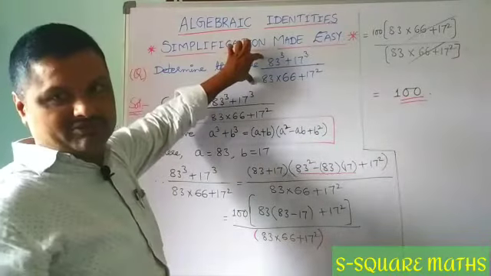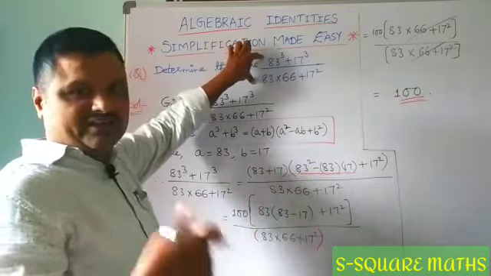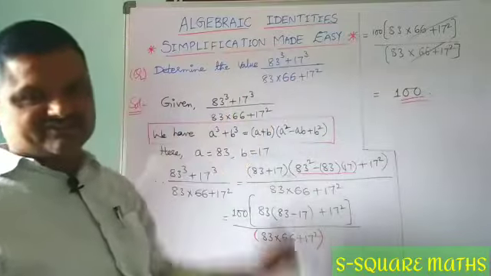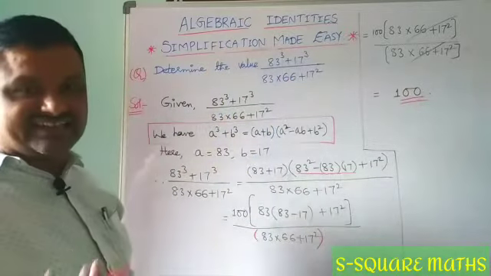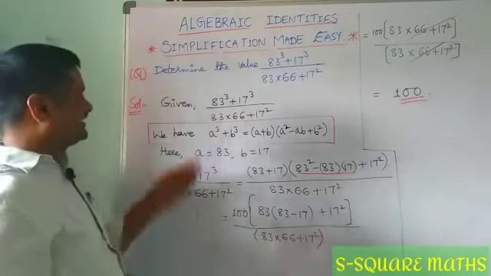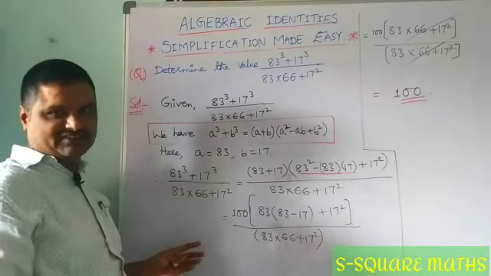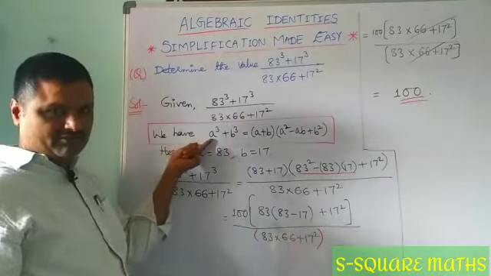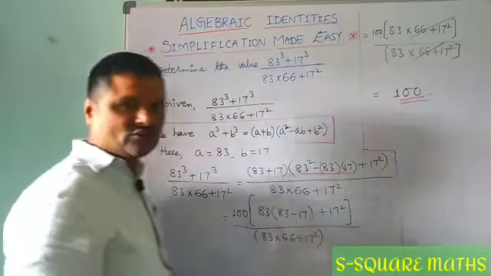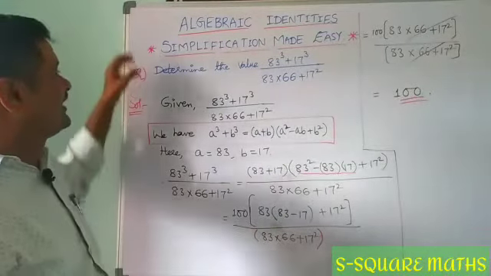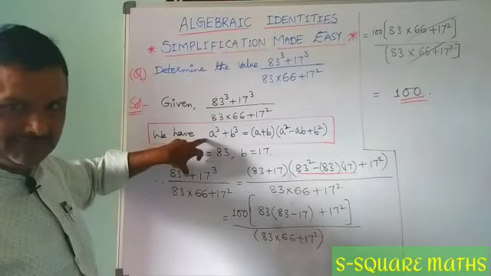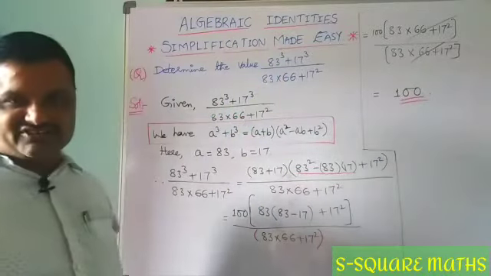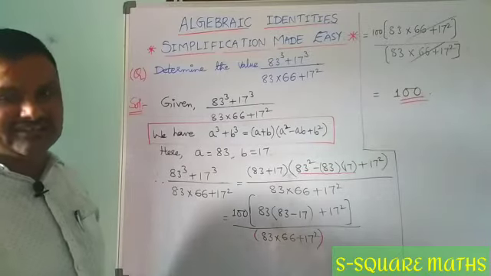By seeing this problem, in general don't go for 83 cubed and 17 cubed, adding, multiplying and 17 squared, next adding and dividing. That is a tedious process. Even though it is connected with your 9th class syllabus in the CBSE and SSC, go for algebraic identities for some problems and overcome the anxiety and curiosity, whatever it may be. In this way we can proceed using the algebraic identity, which plays a very important role in this type of problems for your various Olympiad examinations and competitive examinations that you write at school level and college level.